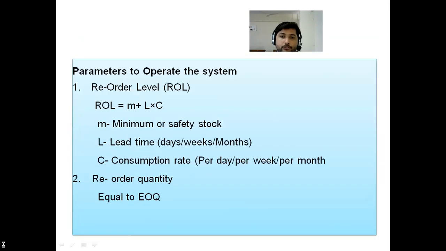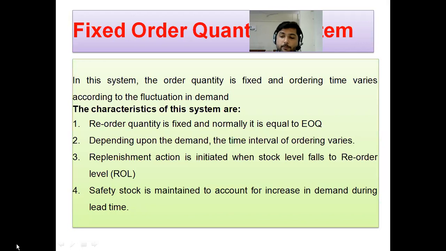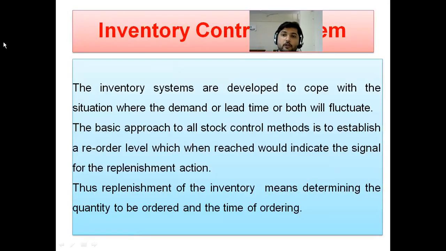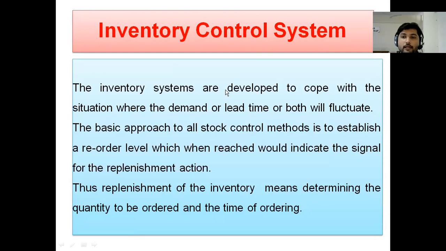One is Q type of system, and another one is P type of system. Okay, so write down: inventory control system. The inventory systems are developed